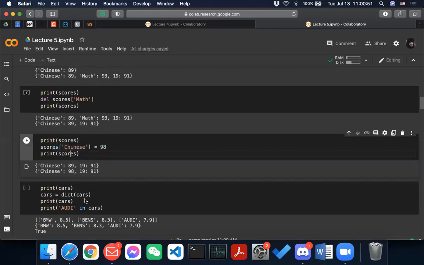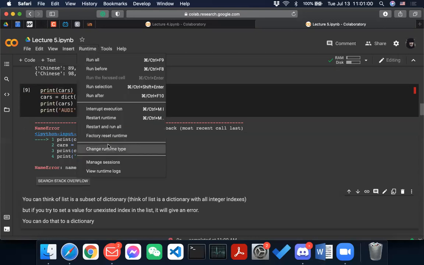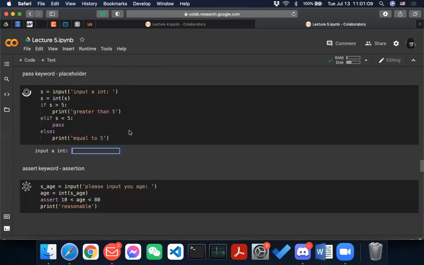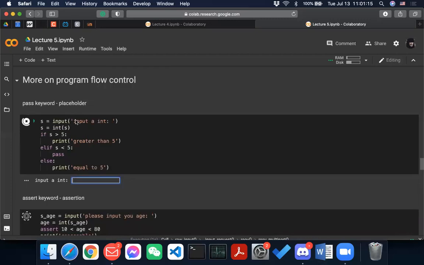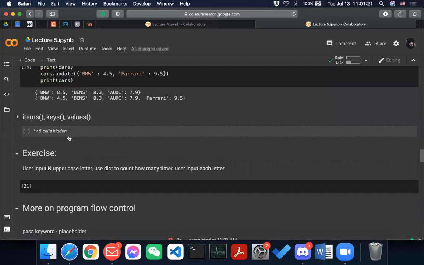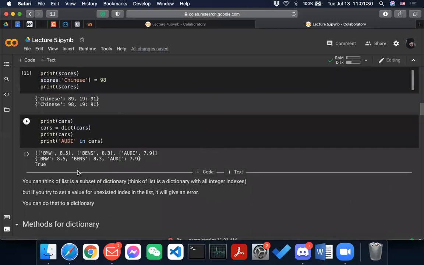Okay, so I have cars, right? And then oops, cars is not defined. Okay, I am just going to restart the runtime, because I might forget to run some of the cells. What input? Okay, I am just going to stop it for now. Yeah, that goes all the way until the end. I don't want that. Okay. So yeah. In terms of what was I?